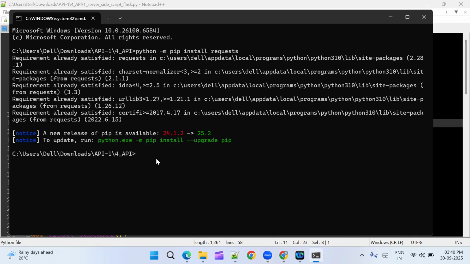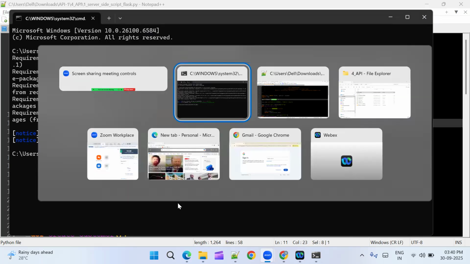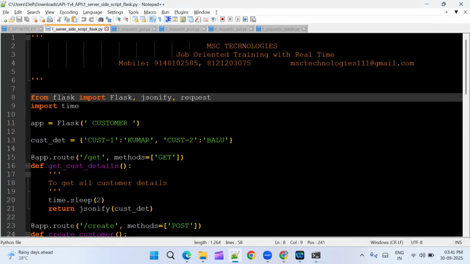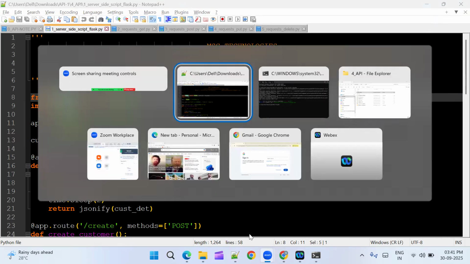Now, next step, what we need to do. If you want to test the API, we have already developed one application by using Flask. This was already explained. Now initially you need to run this file. I have already opened the command prompt. Here only you can run